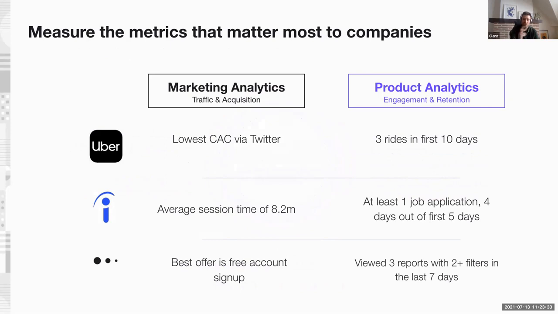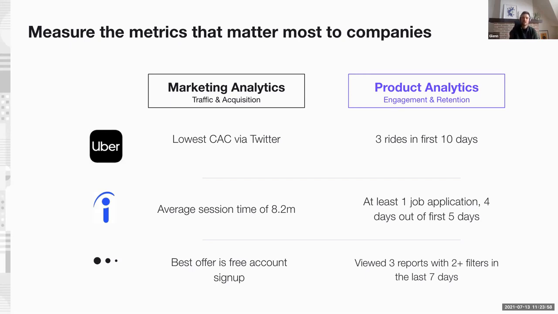In the case of Uber, as an example, marketing analytics would help you answer the question, what is my CPA, or my cost of acquisition, coût d'acquisition in French, for Twitter, is the channel that brings me the lowest CPA. But it won't be able to answer the question of what makes a loyal customer. That's something that product analytics, and in this case they use Mixpanel, is able to solve.